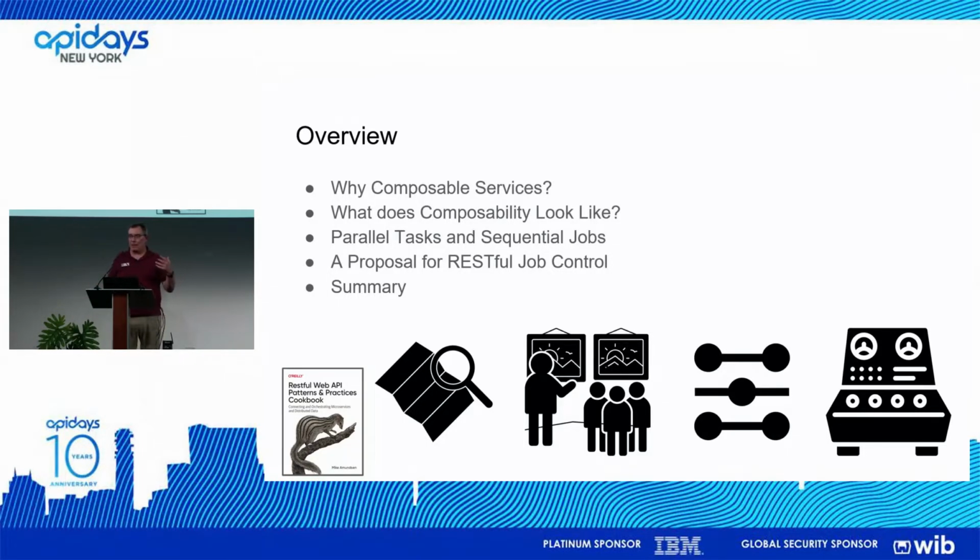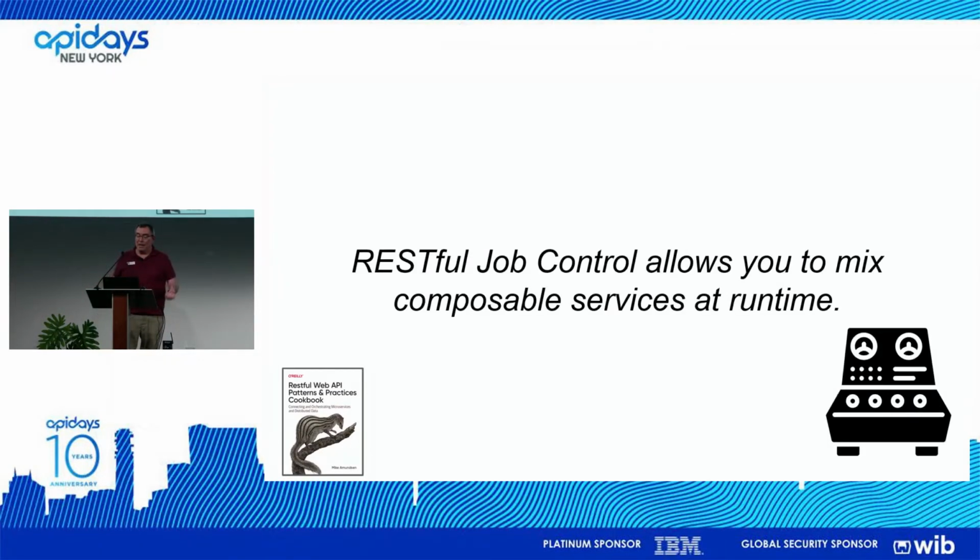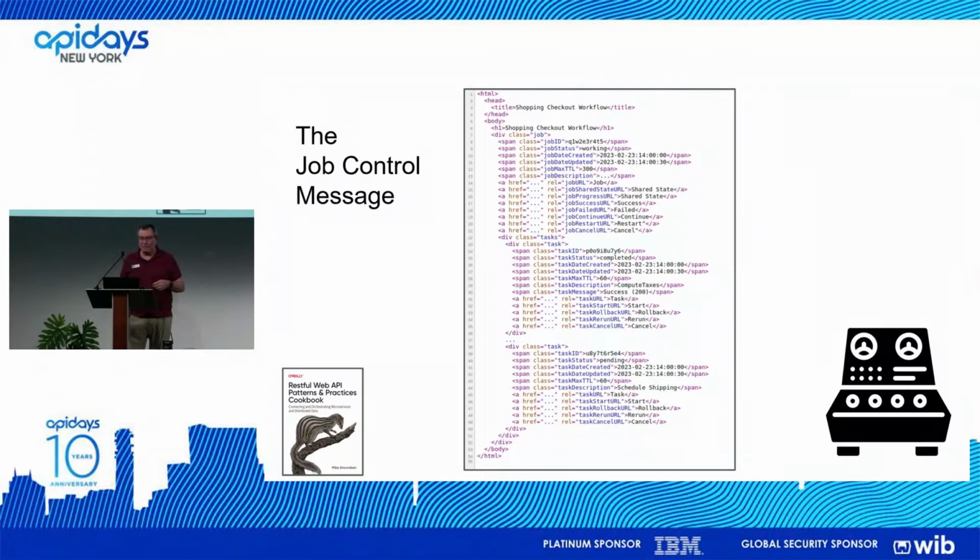And this has happened, I've used this a handful of times. I'm going to try a little trick though. So I'm going to jump right ahead and I'm just going to tell you the end of the talk right now. That way if you really would like to see another talk, you can go and then you can get the slides later. Or you can maybe think about what I'm really saying. I'm actually going to talk about a job control language. This is what a job control document looks like. You can't really tell. I'm just telling you that it's here, believe me.